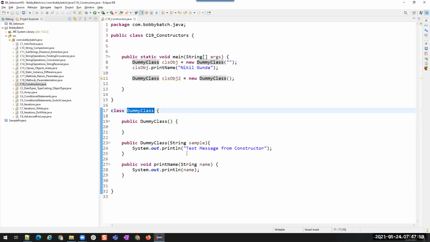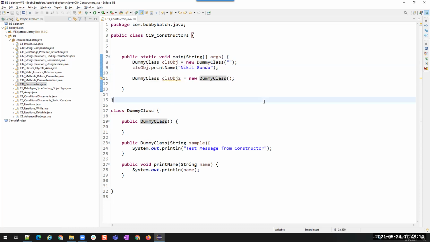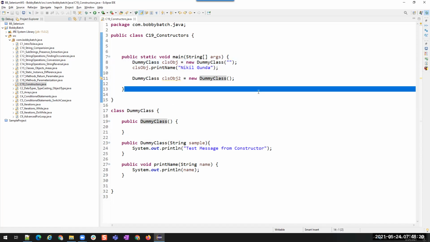You don't have to mention it always. Whenever you create an object for this class, you write the logic of logging into the portal with credentials here, so that whenever you create an object, by default it will open the browser, log into the portal and then leave it for us. From there, we perform the operations like that. Okay. So constructors are default methods that get executed.